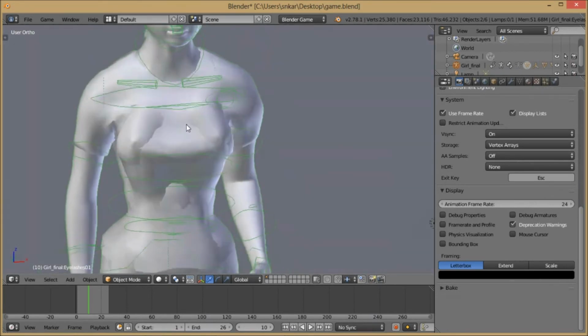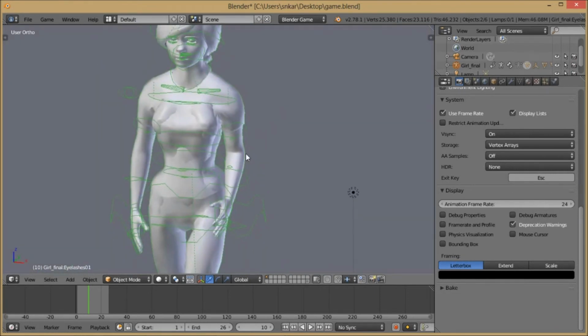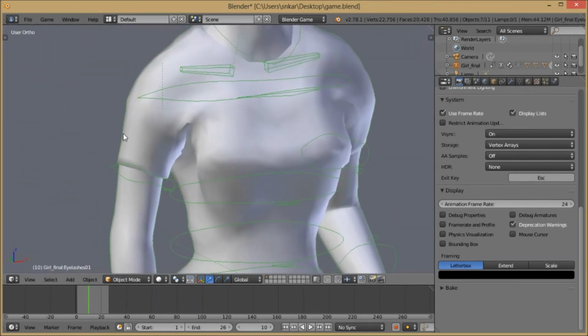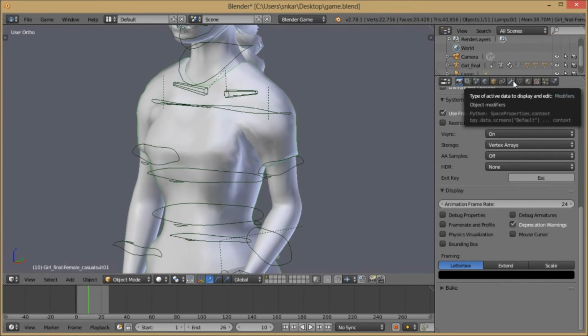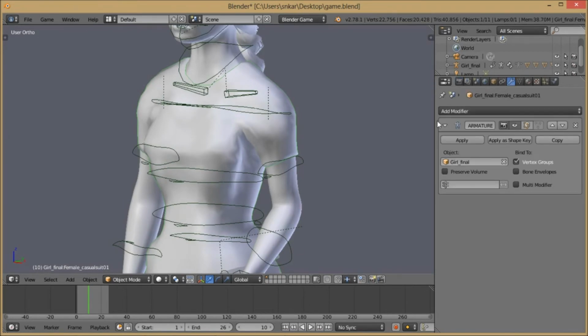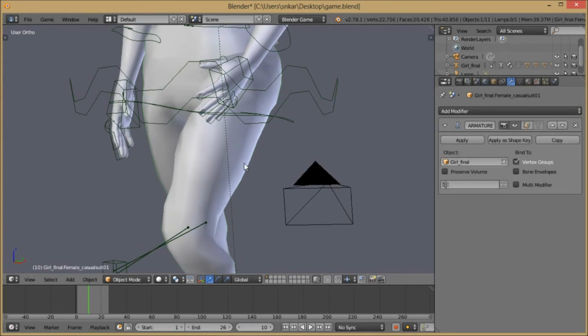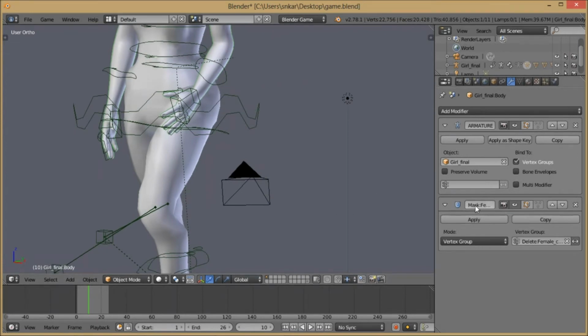Okay, but here one issue has taken place. The cloths are intersecting inside the body mesh. What we can do to fix that is, let's do that right now. So they are not joined now. What we can do is go to each object here, go to the modifiers tab in the settings in the corner. So here is only the armature modifier, it's okay. Let's check the pant, and it's also okay. Let's check the hand. As you can see in the hand there is a new modifier, so we need to